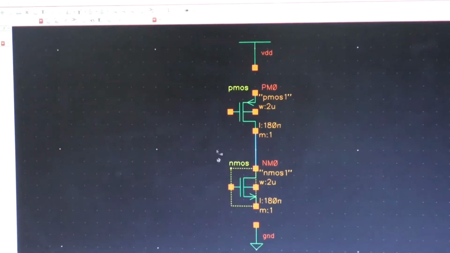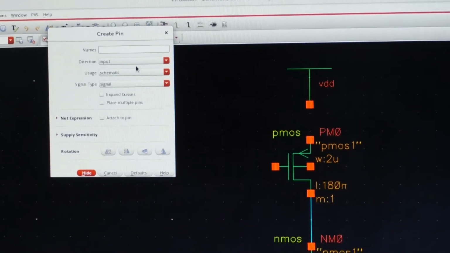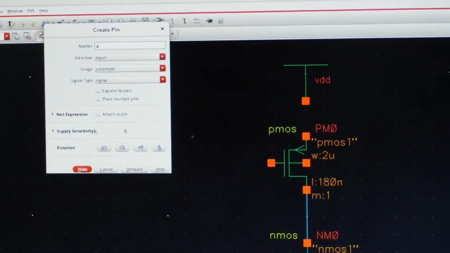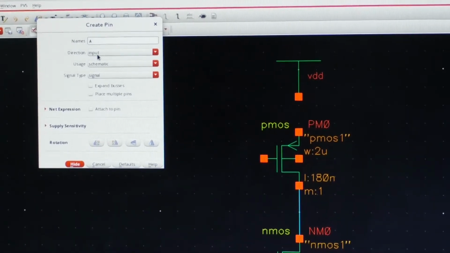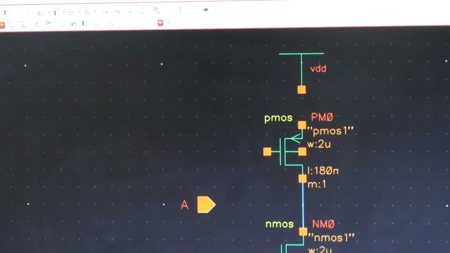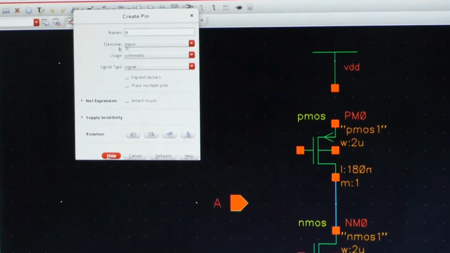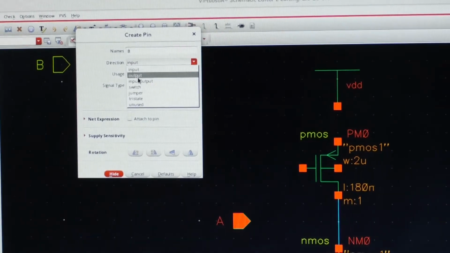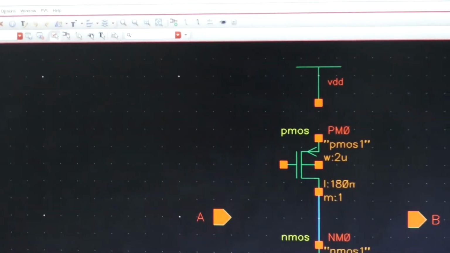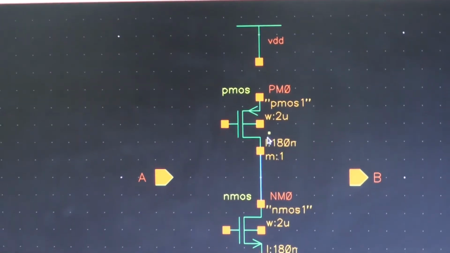and later I am choosing the corresponding pins by pressing P on the keyboard. We can invoke this create pin window, where I am taking the input name as J and its direction as input. I am locating this point. In the same way, the output is named B with direction as output, and I am locating it here. After that, we have to give the corresponding interconnections,